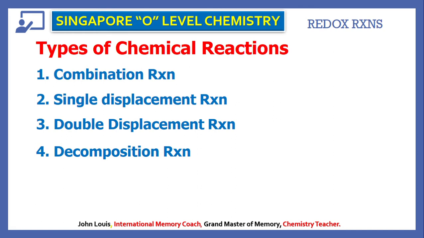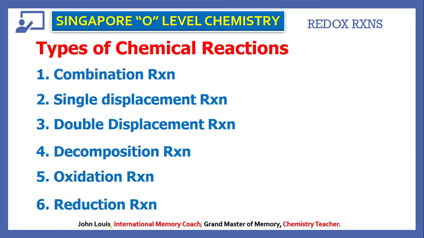In this chapter, what we are going to learn is what is oxidation reaction and what is reduction reaction. Both put together is known as redox reaction. Why is it known as redox reaction and why are they put together? Because oxidation reaction and reduction reaction take place simultaneously. It cannot happen alone. When oxidation takes place, reduction also takes place. One part of the reaction will be oxidation reaction, the other half will be reduction reaction. That is why, put together, it is known as redox reaction. Red comes from reduction and ox comes from oxidation.